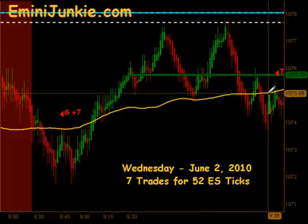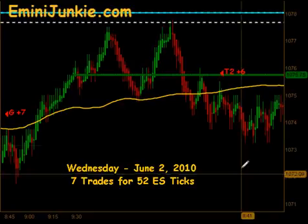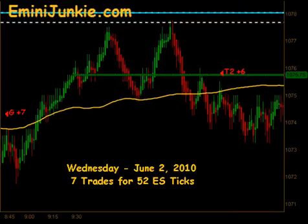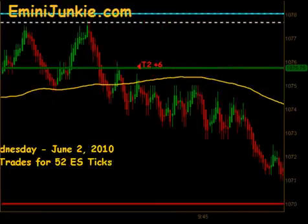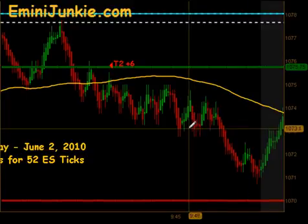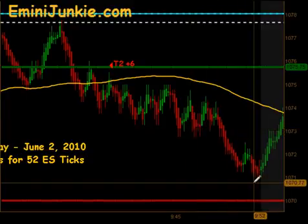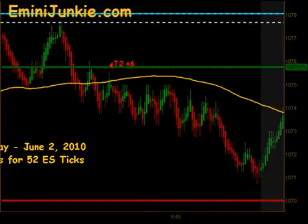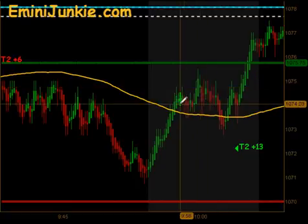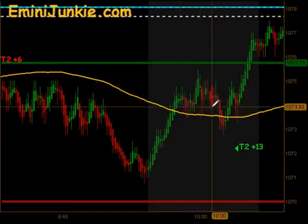Finally came down through our moving average, actually gave us a regular trading signal short that produced targets 1 and targets 2 to the downside at 9:39 for a total of 6 ticks, and the market continued to push lower. Not only officially filled the official half gap, but went down within a couple ticks of the 4 o'clock close, traded higher back to our moving average, kind of broke above that moving average and consolidated a while there,